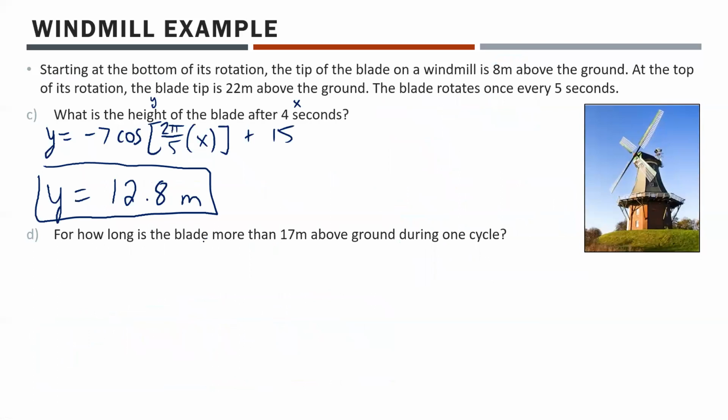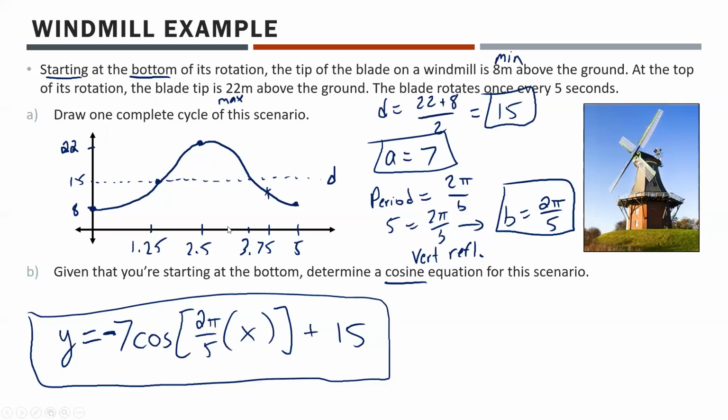Question D, for how long is the blade more than 17 meters above ground during one cycle? Well, let's look back at the drawing we did here. 17 meters would be about right up here. So we're going to look at how long it was above that 17-meter point, so between this time and this